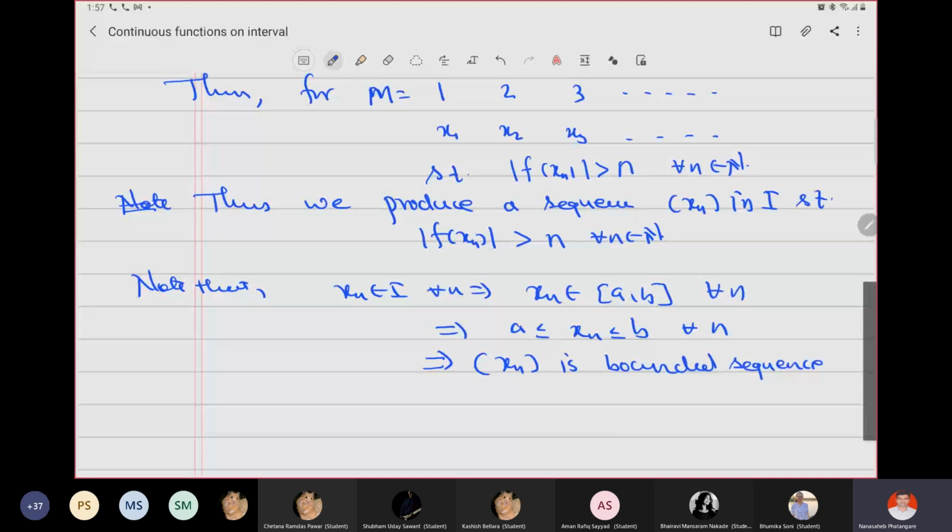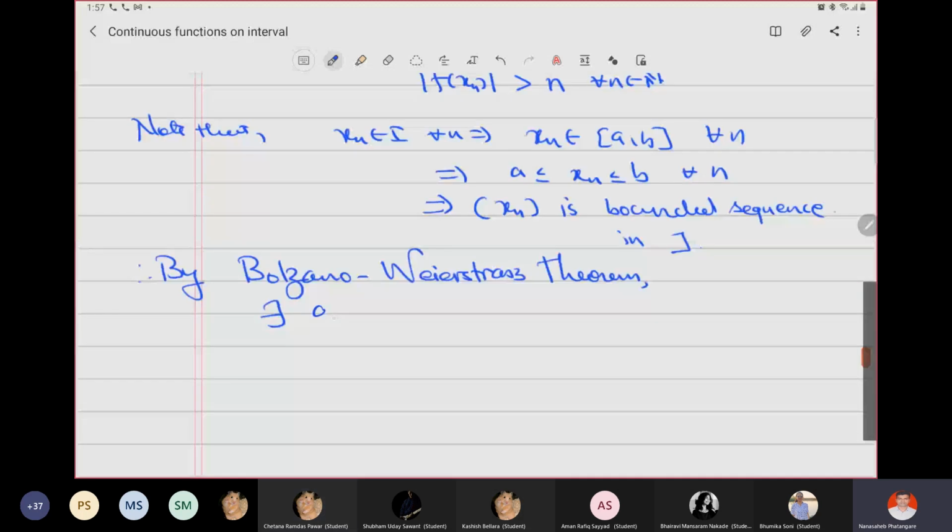Can I say that xn is a bounded sequence in I? Yes, sir. And therefore, by the Bolzano-Weierstrass theorem, now the role of Bolzano-Weierstrass, what can we say? By the Bolzano-Weierstrass theorem, there exists a convergent subsequence